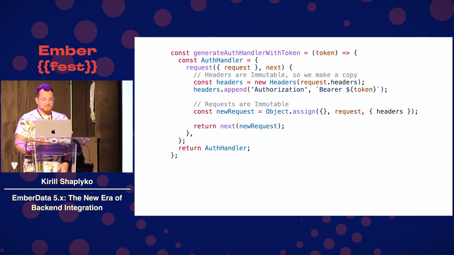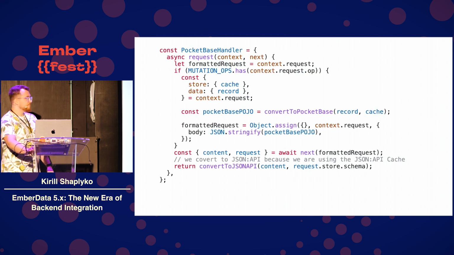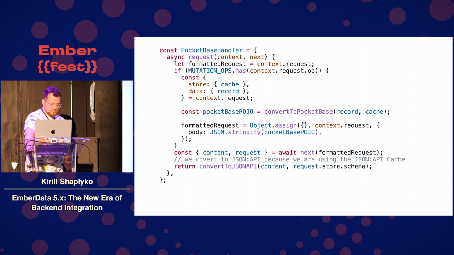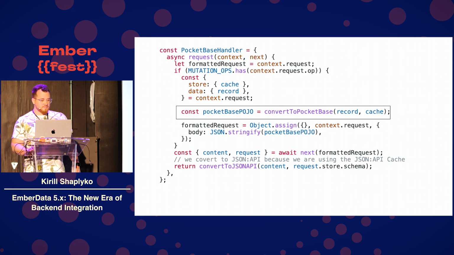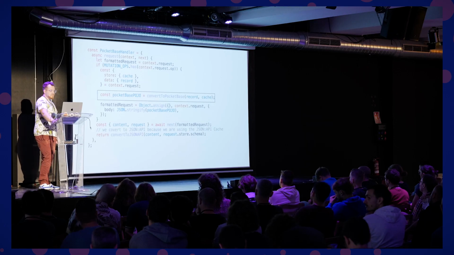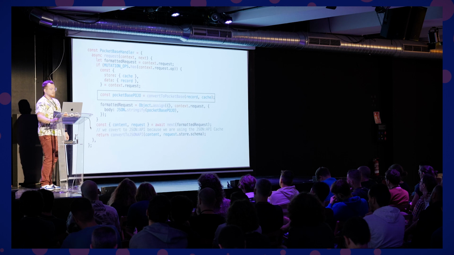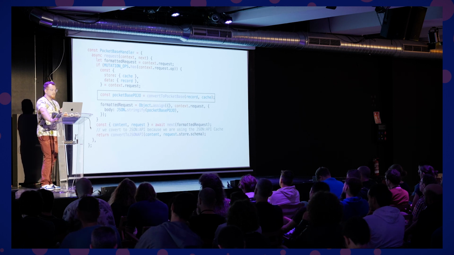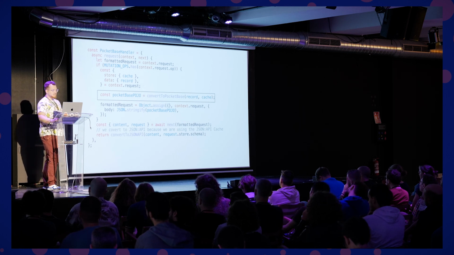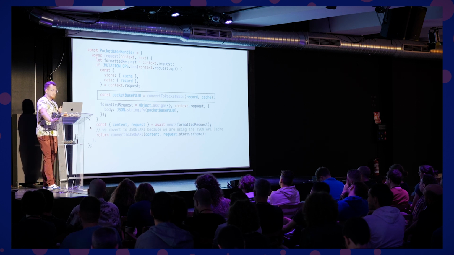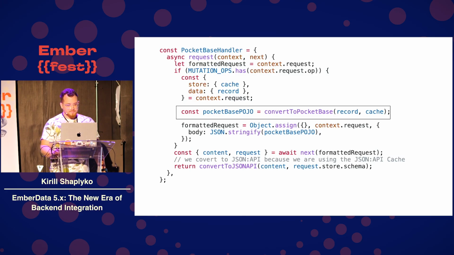We just go over PocketBase handler. This is the main integration key point. It handles pretty much everything that serializer was doing. So first, we need to check if the operation of the request is a mutation. If it's a mutation, we need to get the record from the cache and attach the body to the request, right? So the post or patch request will go with the proper body setup. And then